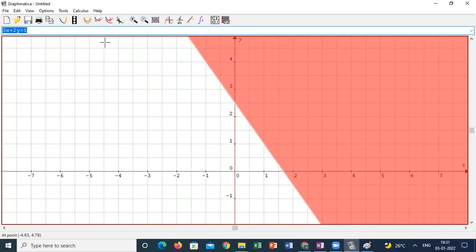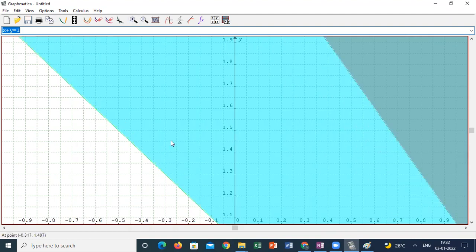When I include the second inequality, x + y is greater than or equal to 1, I'm taking both the inequalities separately. x + y greater than 1, you will get another shaded region. See, this is a common shaded region, and the same inequality I have to take with the equality symbol also. When I take greater than or equal to, I get a straight line. I'm zooming in and you can see the difference between just greater than and greater than or equal to. The points on the line are included here. The points on the line are not included here.